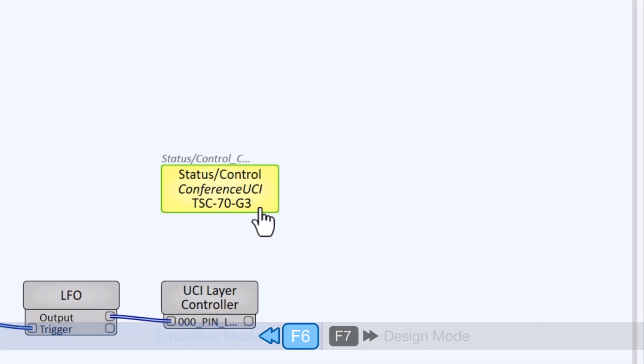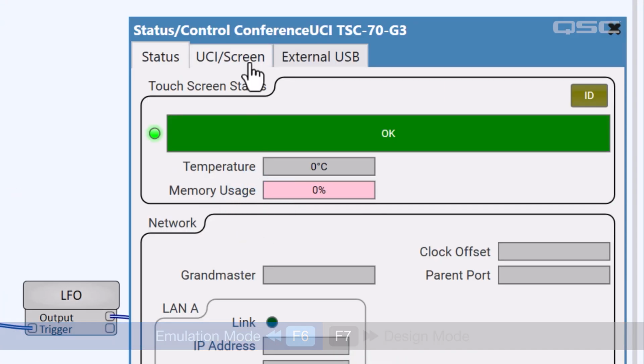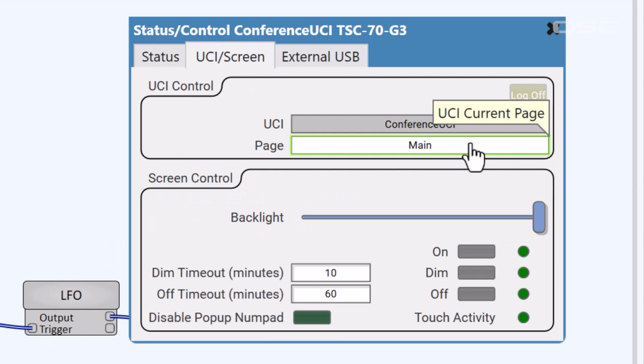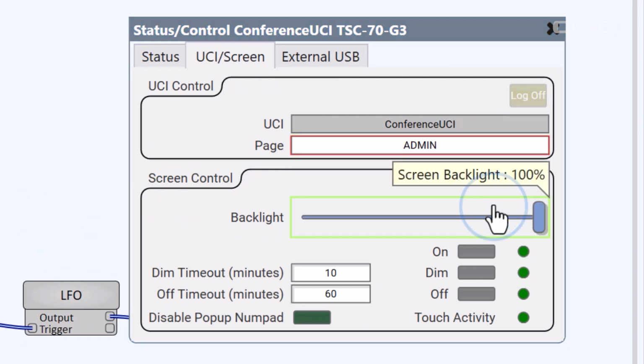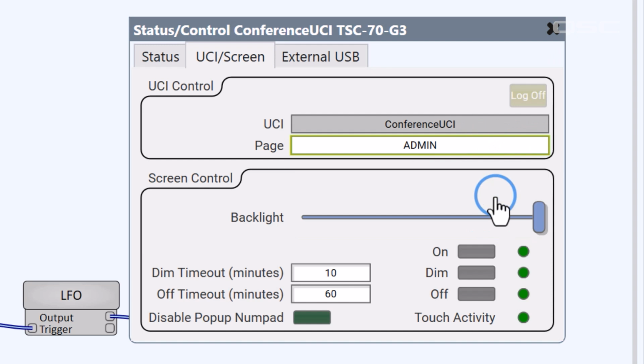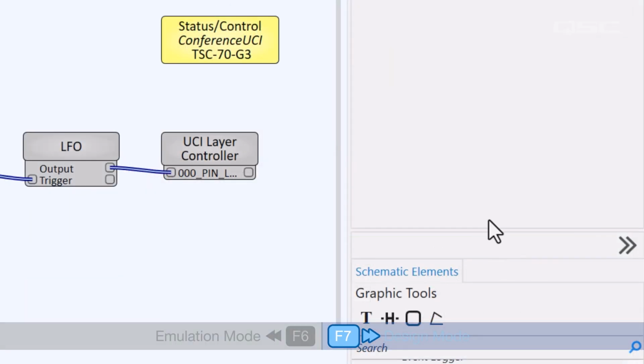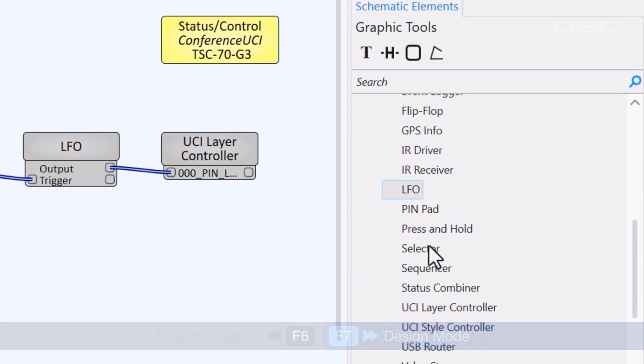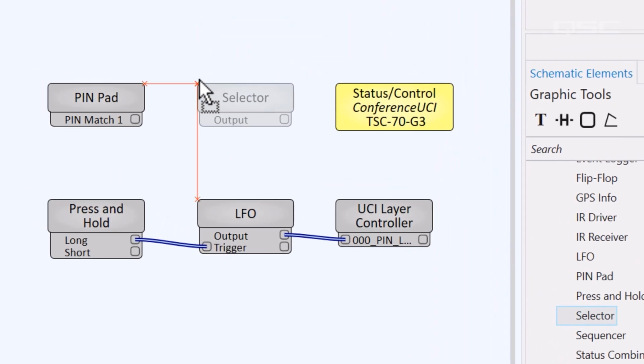Let's go to its UCI/Screen tab, where you'll find the Page control. This can be changed while the system is running to navigate the touchscreen to a particular page. If I can control this control, I can change the page. I could use snapshots here, but I prefer to grab the selector component, which I think will be a little